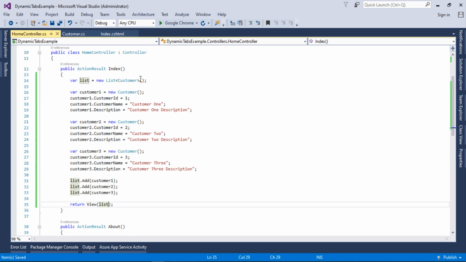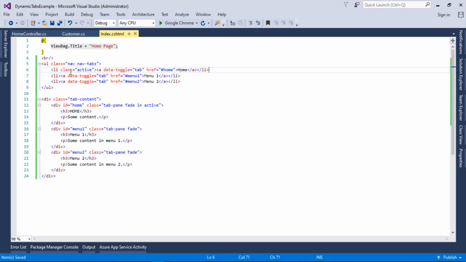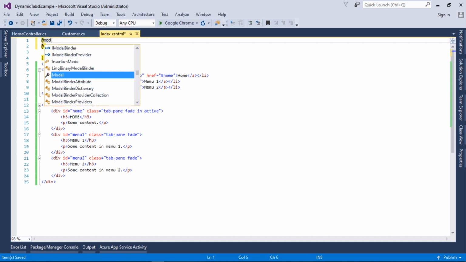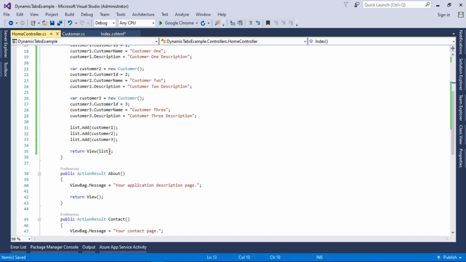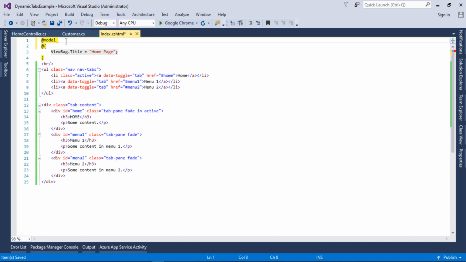So now I will go back to the index view. As you can select the option from here, go to view, and here at the top of the page we need to receive the model which we have passed from the home controller index view. Okay, so we are passing the list of the customer, so we need to receive the list of the customer here.